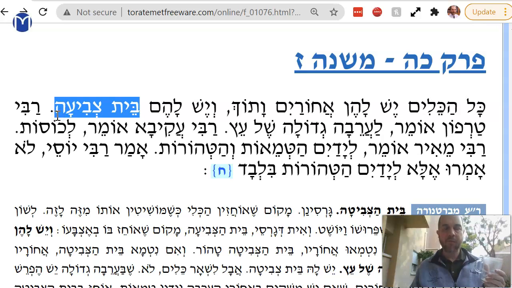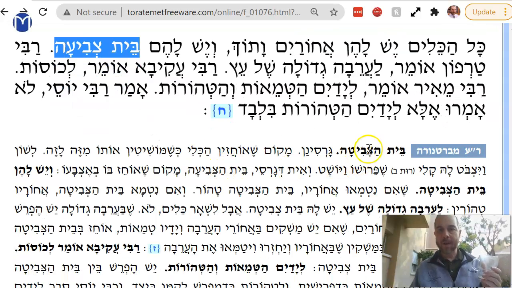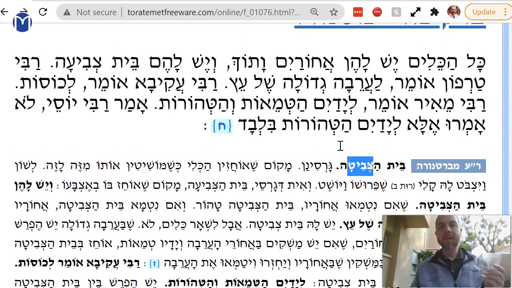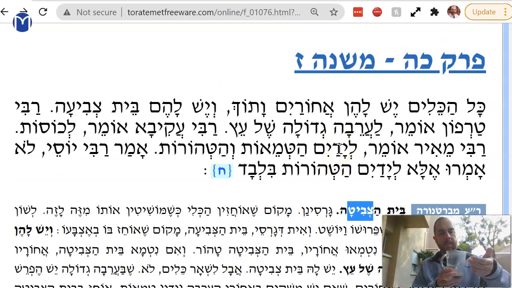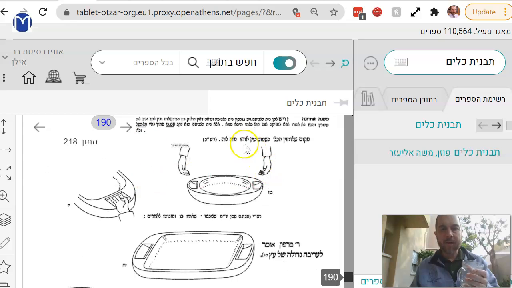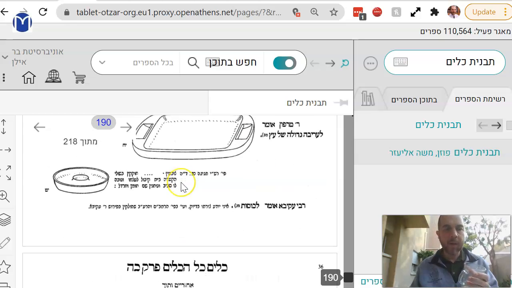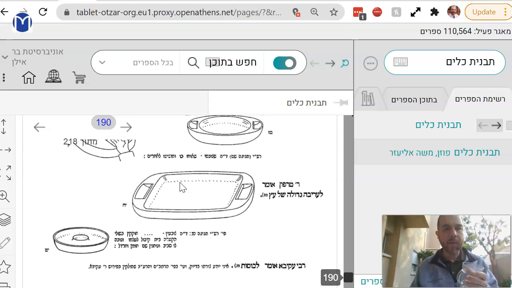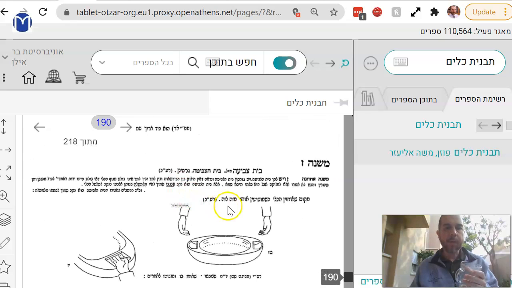It's called a Beit Tzvitah. The Bartenura has this thing called the Beit Tzvitah. Essentially, it's a perforation, an indentation in the kli, which you would use inside as a handle. So here, this is like a Beit Tzvitah. He doesn't really have an example of a cup, but we see it's possible. They would make cups with an indentation so you could hold them properly. And that's called the Beit Tzvitah.